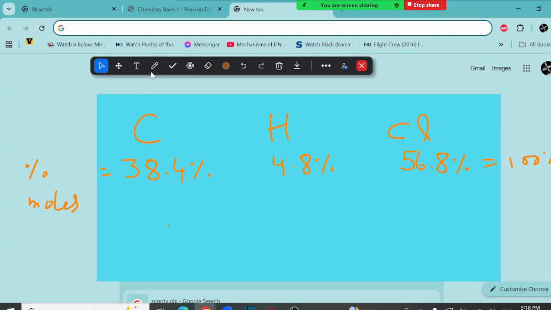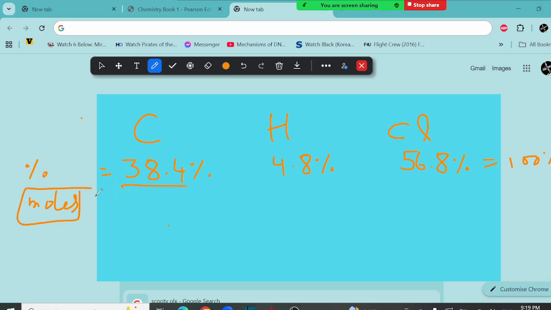Well, the first key hint you need to remember is never round off any values or miss any step during the empirical formula calculation. So the first step is you need to calculate the moles. How will you calculate the moles? Divide the percentage by their Mr, which in this case is obviously the atomic mass of each element. Carbon's mass is 12, so you will divide by 12. Hydrogen is 1, chlorine is